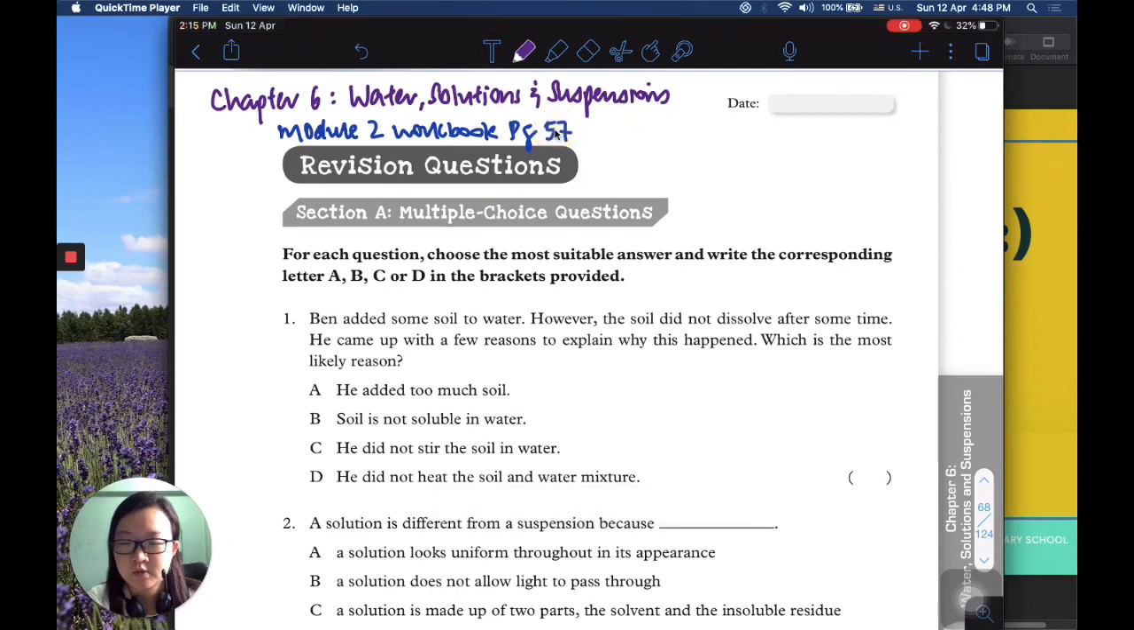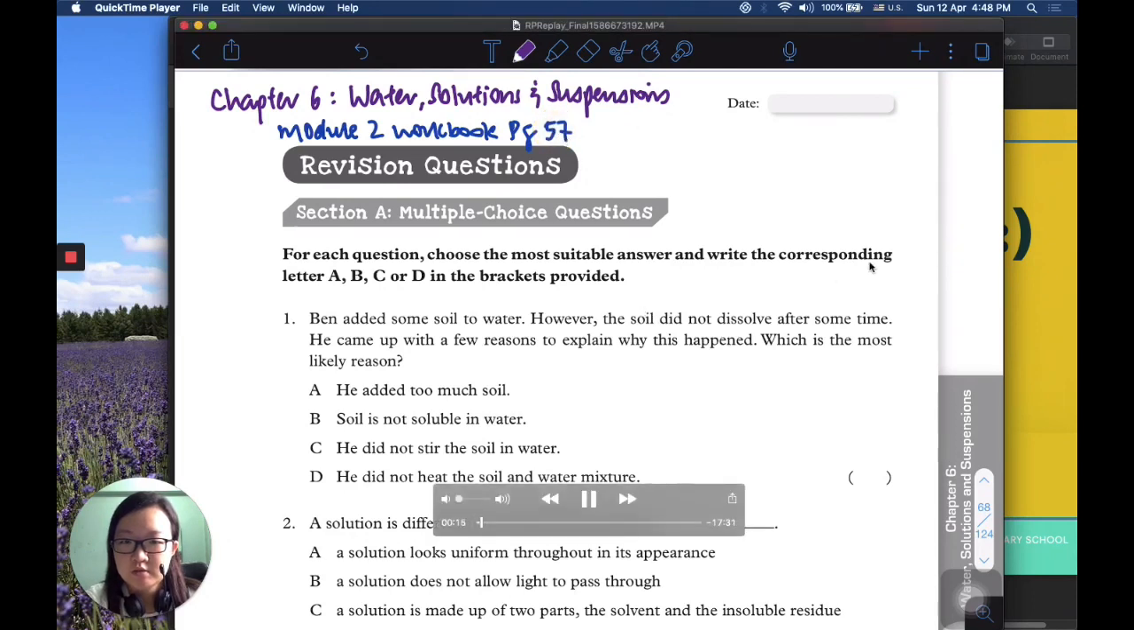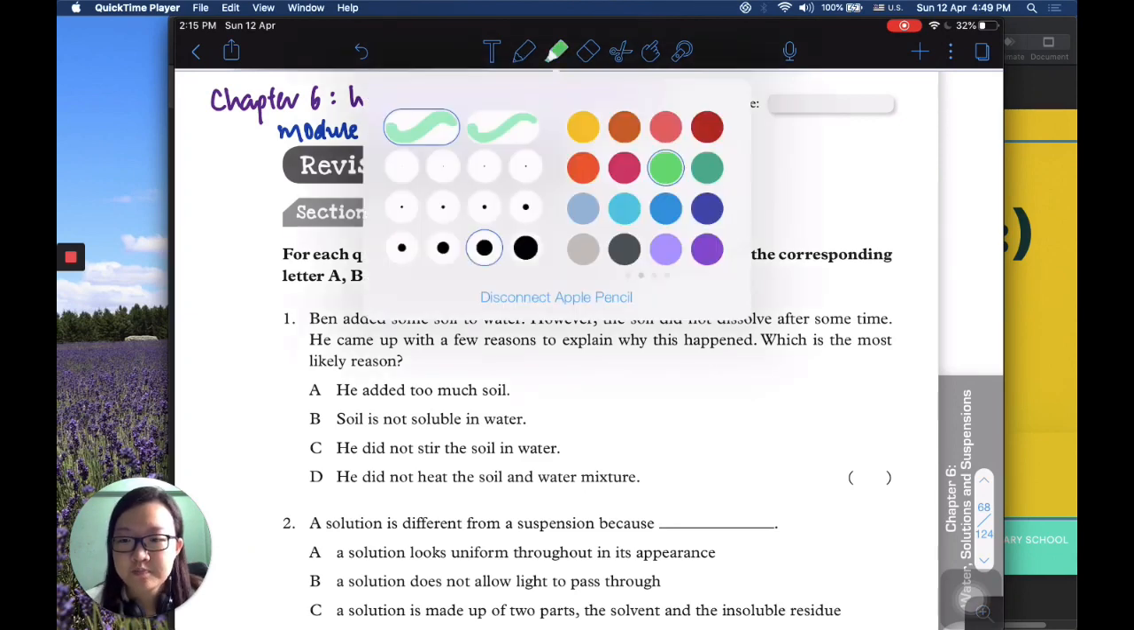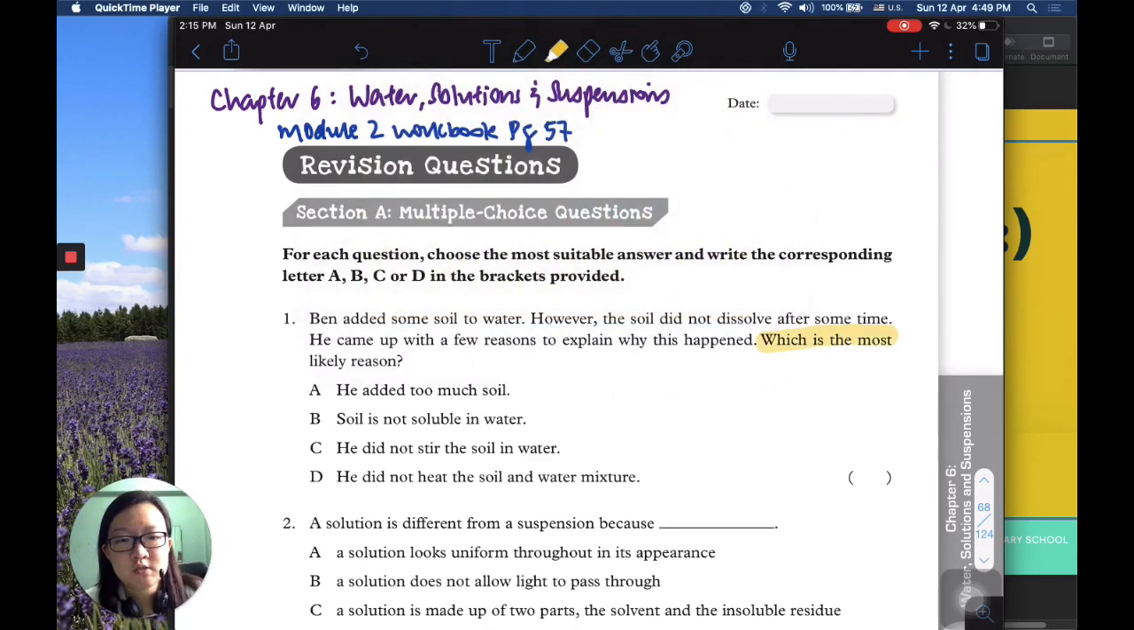Alright, so we are going to go through the revision questions, starting from Section A, multiple choice questions. Let's look at question 1. So we have Ben, who added some soil to water. However, the soil did not dissolve after some time. He came up with a few reasons to explain why this happened. Which is the most likely reason? So in this case, the answer is B,